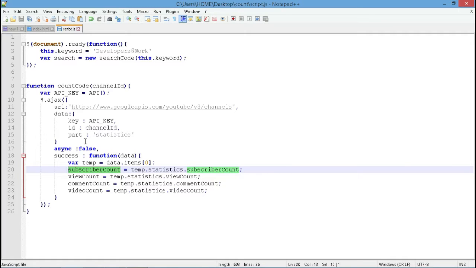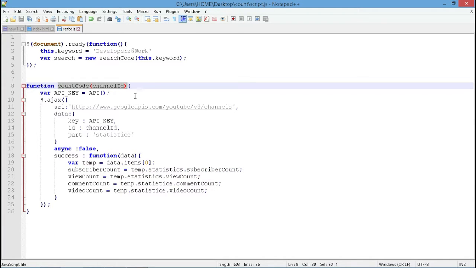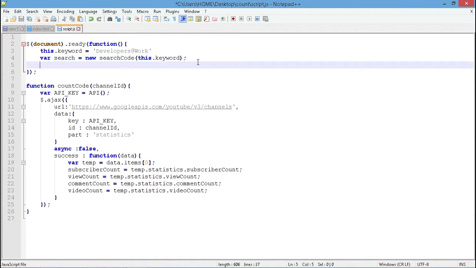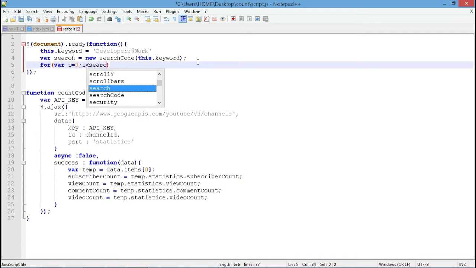So this is about ending the function. Count code, so we just send the parameters. I'm going to use this and write a loop. In the loop I'm going to have a variable i which starts at 0, and the semicolon, i should be less than search dot